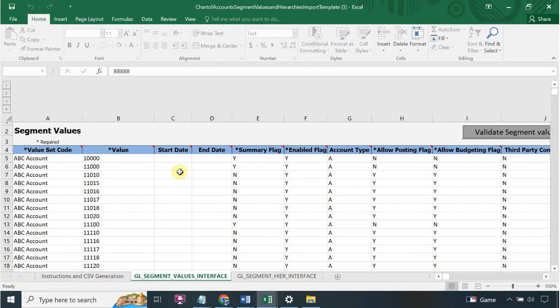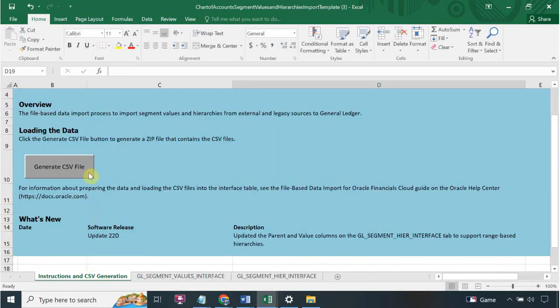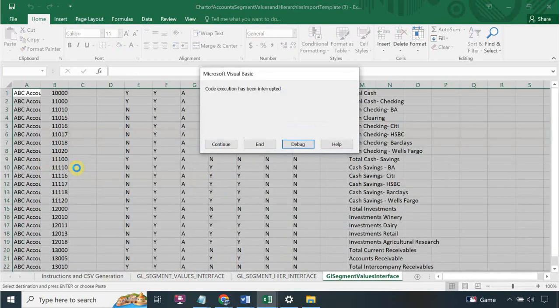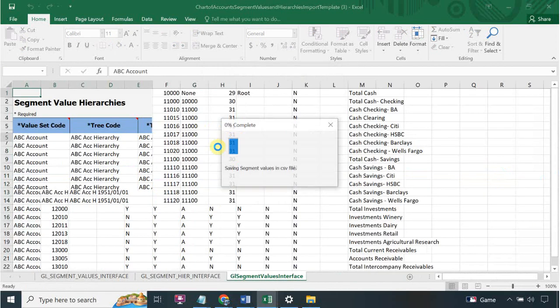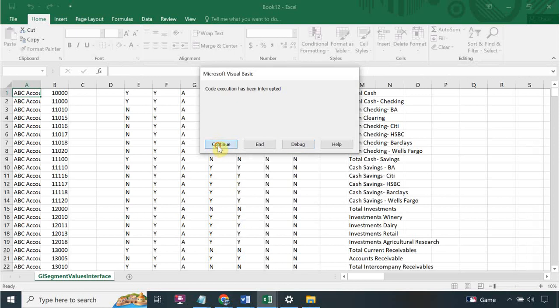So this is the first step. We have downloaded the file, and second step, in the downloaded file we have uploaded the segments values and hierarchy based on the file which we have received from the business, and then we will generate the CSV file. Continue. I will continue,